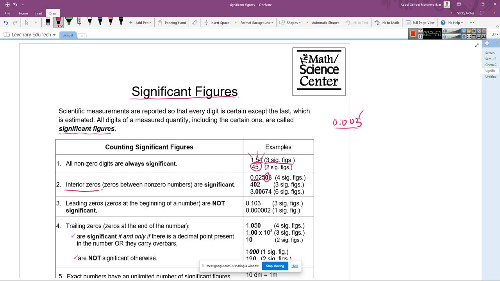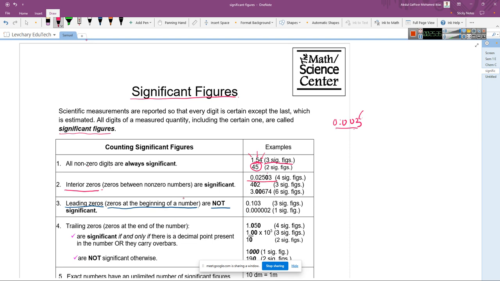So look, you see this, but leading zeros are not significant, right? Now you see leading zeros. What are leading zeros? Zeros at the beginning of a number. Here these are leading zeros, right? Here this is the leading zero, and here all these are leading zeros, right? Can you understand that? Okay, so they are not significant.